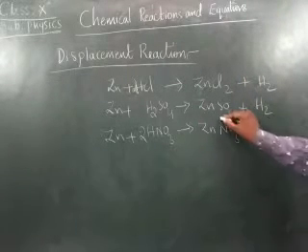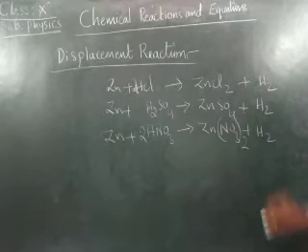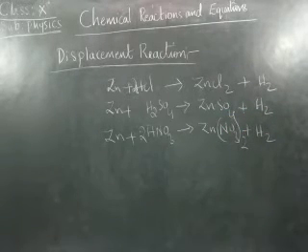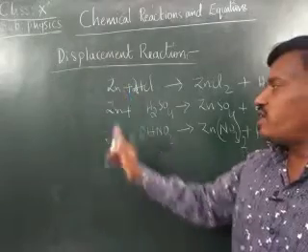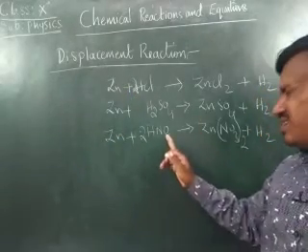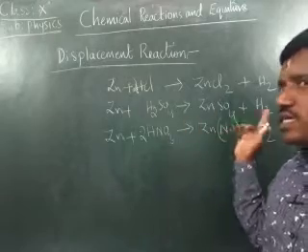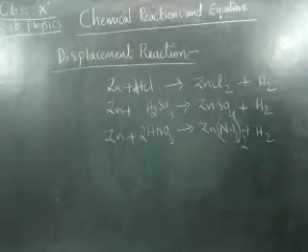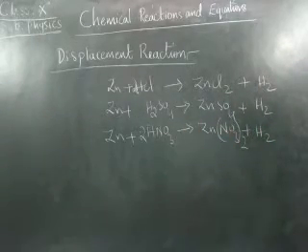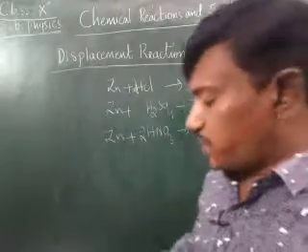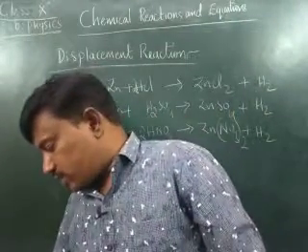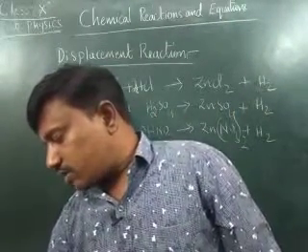Therefore zinc is a metal. A metal when it reacts with an acid gives a salt as well as hydrogen gas evolved. This type of reaction is called what? Displacement reaction. And in the same way, see here children,